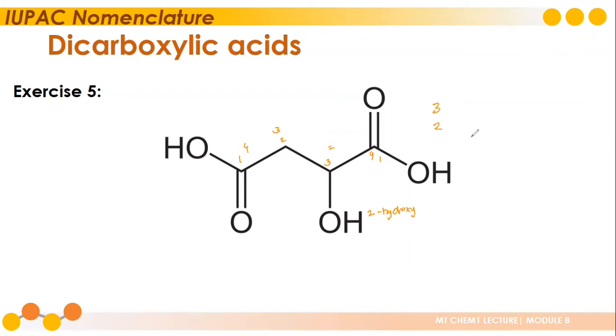And then we have 4 carbons. This is a 4 carbon chain length. This is butane. Again, in naming dicarboxylic acids, you just need to add dioic at the end of the alkane name. For the prefixes, you just need to follow our rules for monocarboxylic acid, wherein you identify the location, you identify the kind of substituent it is, and then you append it at the front of our parent name. So the final name for this one is